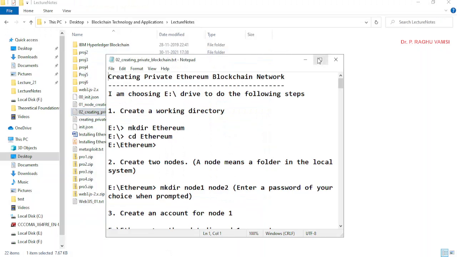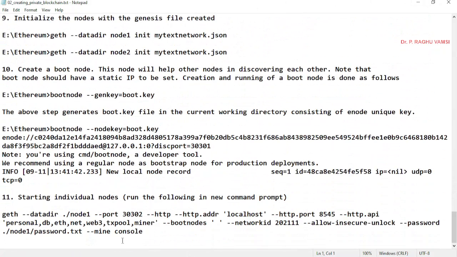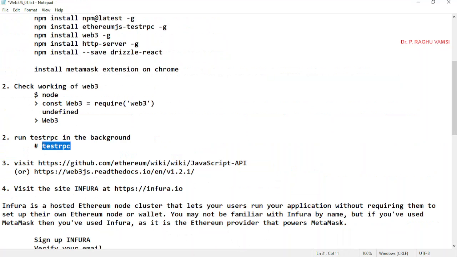In a private network, if you are creating your own private network, then usually you use personal, DB, ETH, net. These are the APIs you will add via the command prompt, and you may use these packages or APIs. Now, the entire running of the network will be taken care of by TestRPC itself.